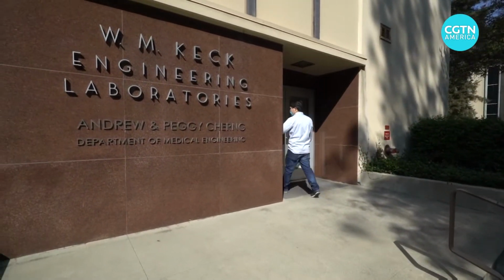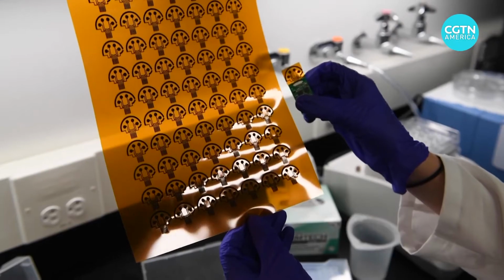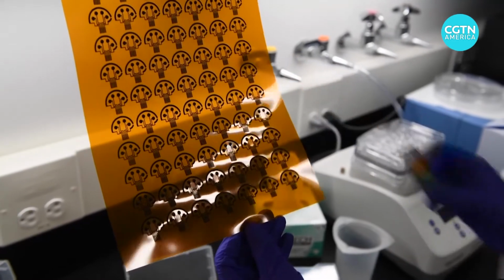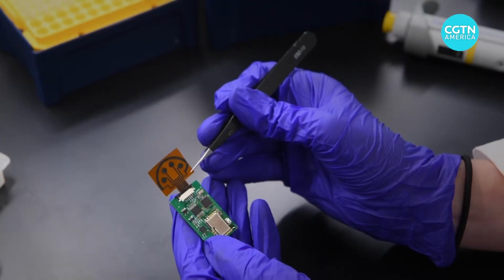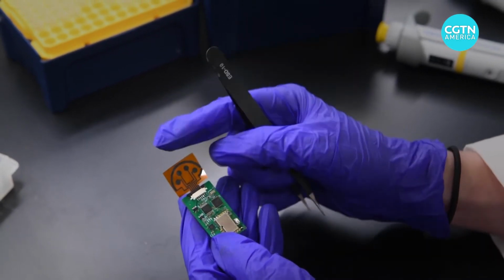At the California Institute of Technology, Assistant Professor of Medical Engineering Gao Wei is in charge of research that could revolutionize COVID testing. His lab has created this carbon-based structure, which costs less than 5 cents but has the ability to detect compounds in tiny amounts. With blood or saliva samples, the sensor has been used on 19 patients to successfully detect whether they have signs